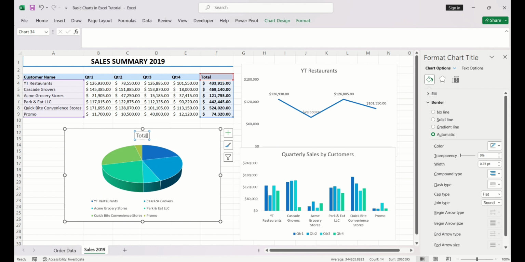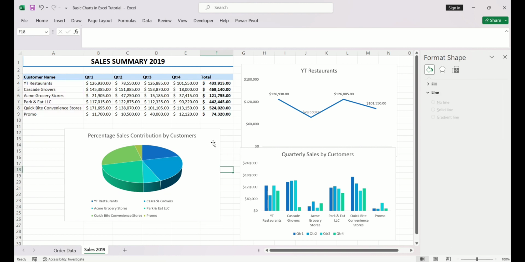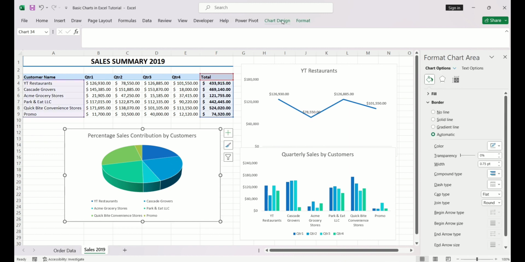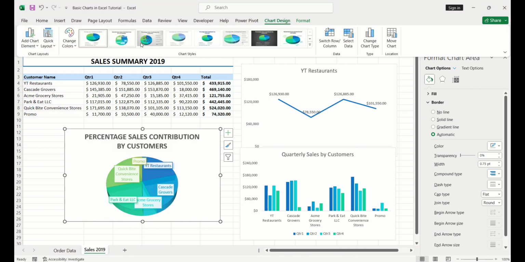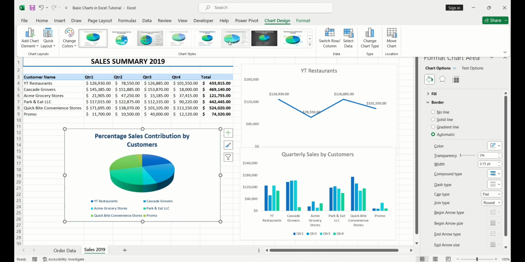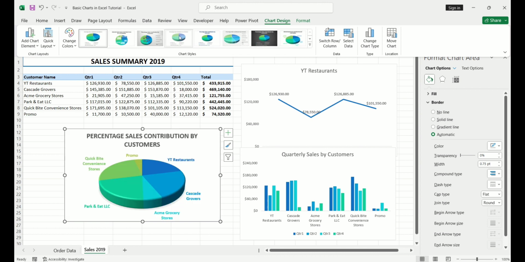So I can quickly click on this chart title to change the title of my chart. So the name of this chart is percentage sales contribution by customers. So another thing we can do to format this chart quickly is to select this chart and select chart design tab. Under chart design tab, there are several chart styles that you can use to format your chart right now,